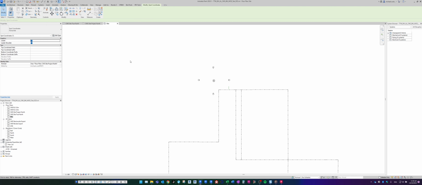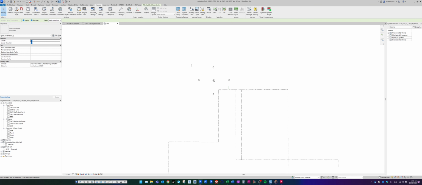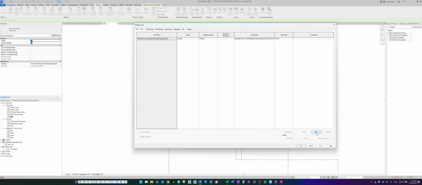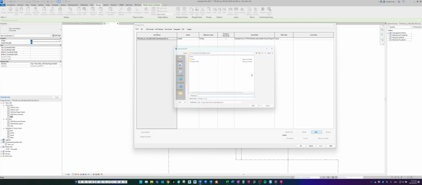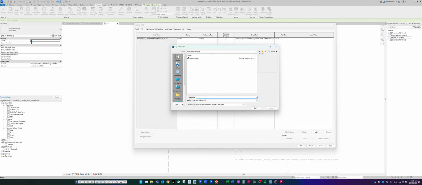So in order to bring in future models, I will now go manage links, and let's say I want to bring in an architectural model. Because we have acquired the project's coordinates through the site model, and the architect has acquired the same coordinate system through their Revit file, I can navigate to the architectural model I would like to import, again through BIM 360,